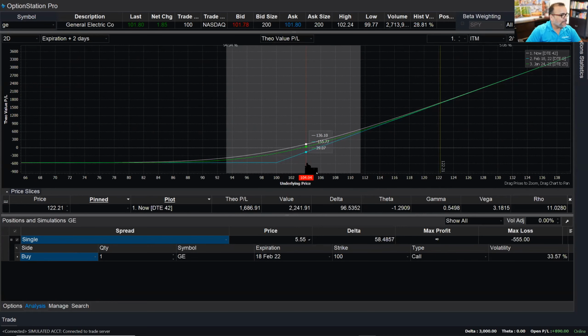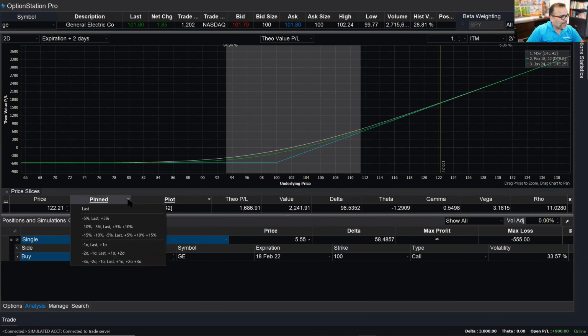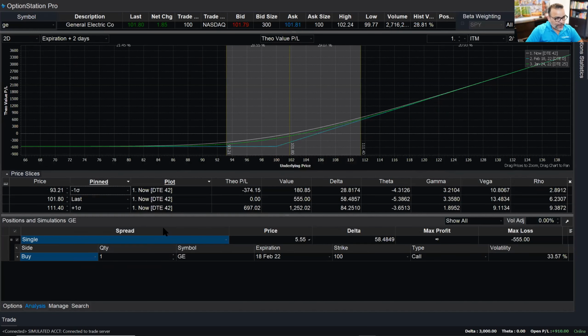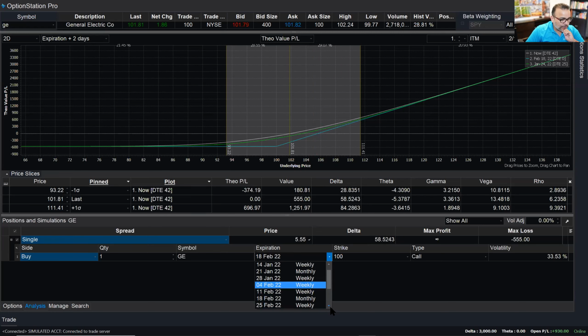So if you see right here, if I go to this drop down that says pinned, and I pin it to standard deviations like one below and one above, you'll see how the price slices will line up with the size of the shade of gray. So based on the one standard deviation calculation, this is a 68% probability that the price will be within these prices. If I take this and change the expiration to March 18th, which is a monthly expiration,